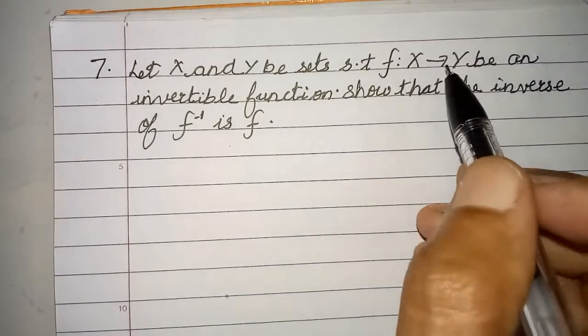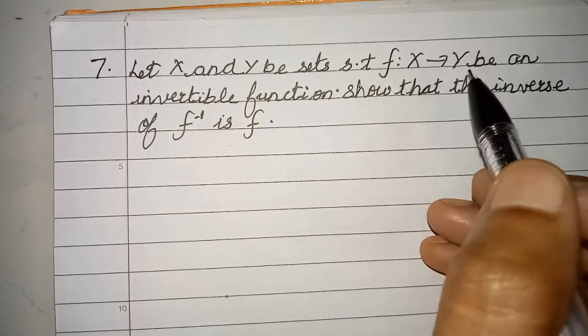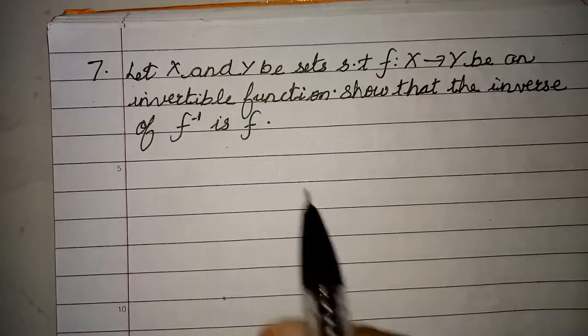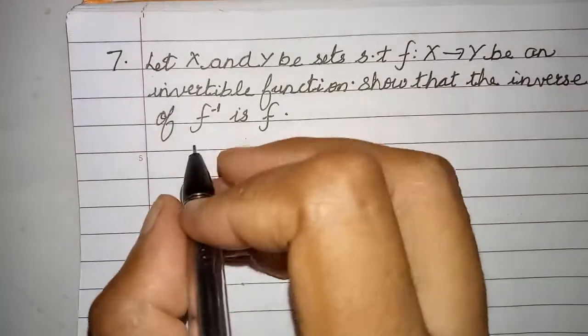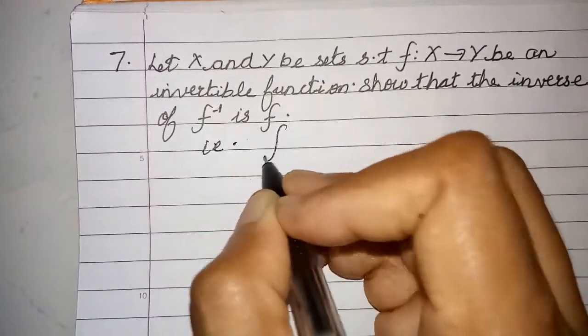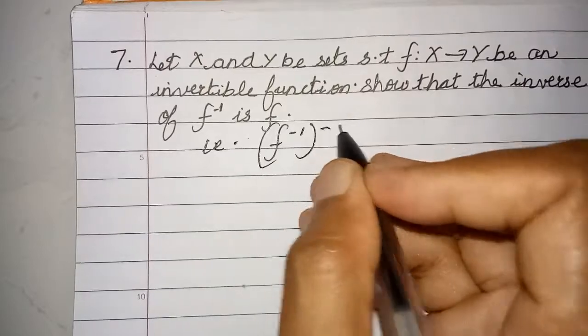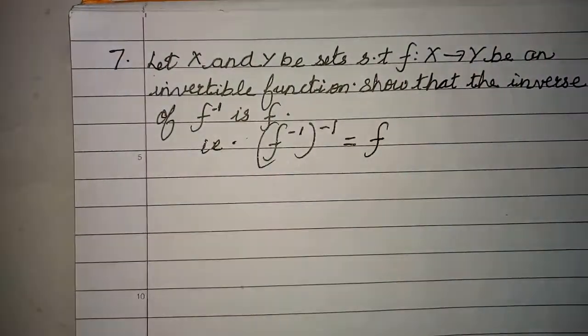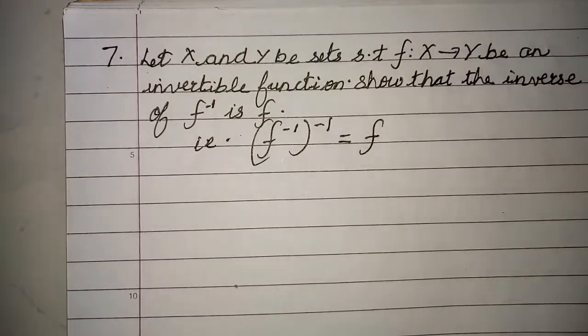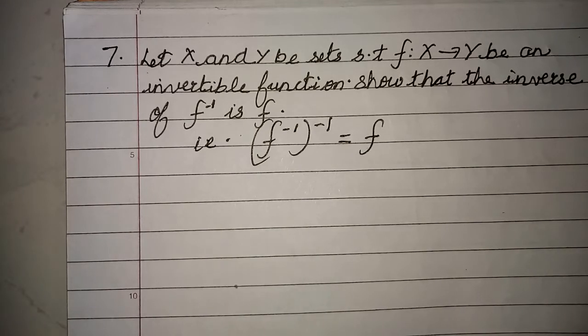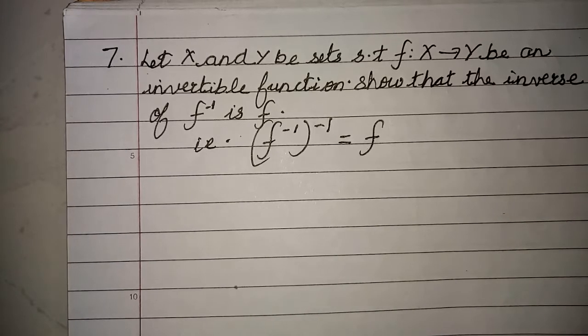You know that f will have f inverse, so it is saying that the inverse of f inverse is f. Is that clear? What I am saying is, if you take the inverse of an inverse function, you will get f. Which is very true because f's inverse is f inverse, so f inverse's inverse will again be f, right? Very funny question, right? f's inverse is f inverse and f inverse's inverse is f, which is very true.